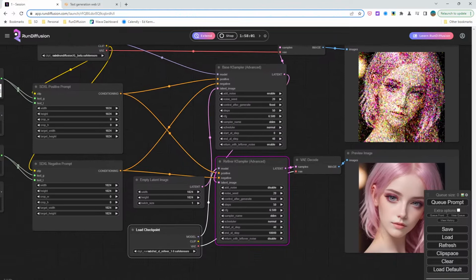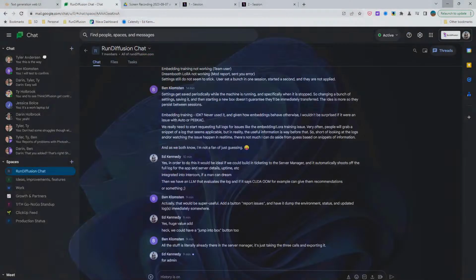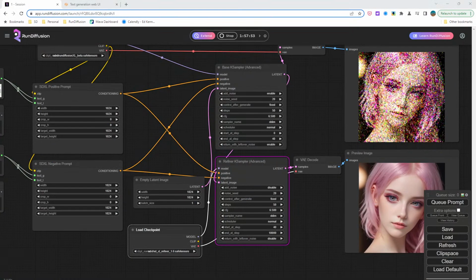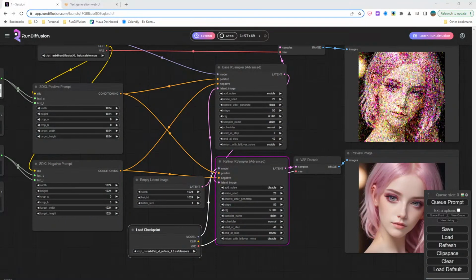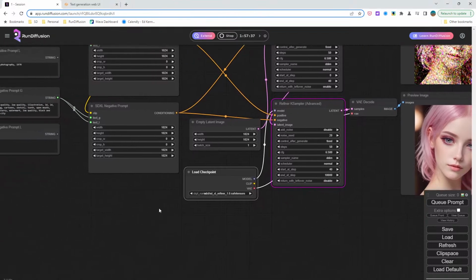So I think I just need to connect that. We're making it happen, folks. Figuring it out as we go. Live, the best way to learn. So with the clip, let's see. We do need to have separate refiner encoders. So this is a